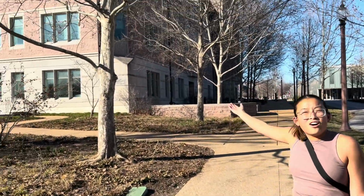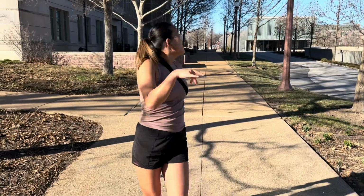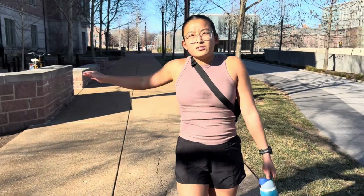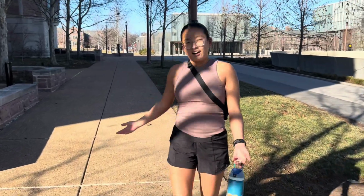So the first building we're going to go to is Hillman Hall. It's a pretty big building, but we're going to start out on the first floor. Something that's super interesting is when you enter, right around the bend, it's the ground level, and it also leads into another building called Gold Farm. But the ground level is where a bunch of huge lecture halls are, and that's a lot of where the undergraduate classes